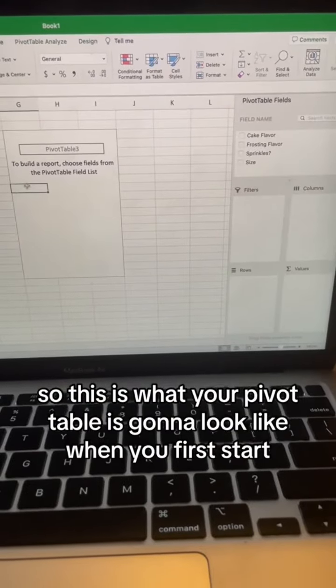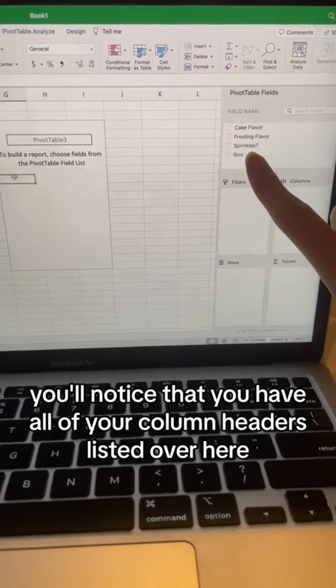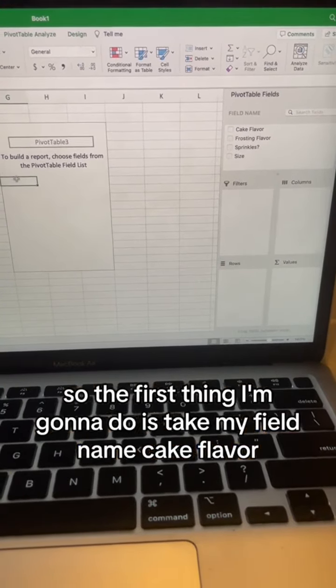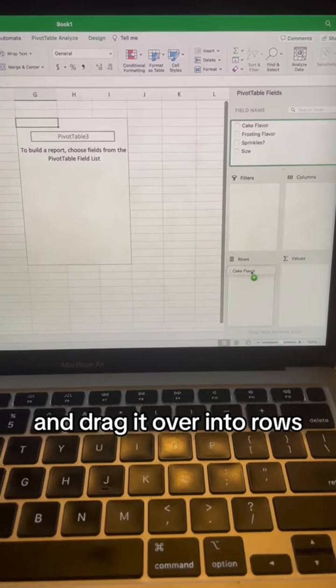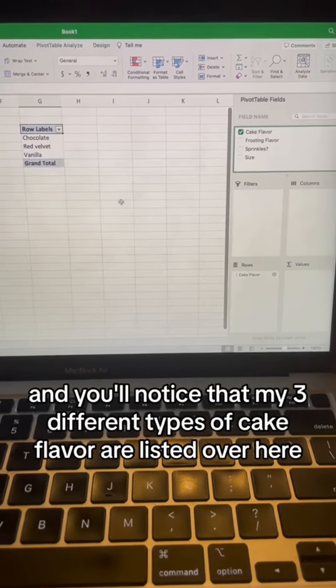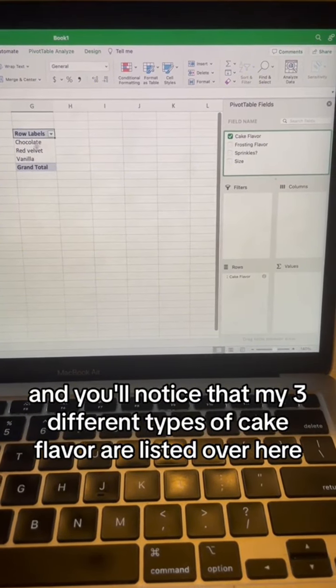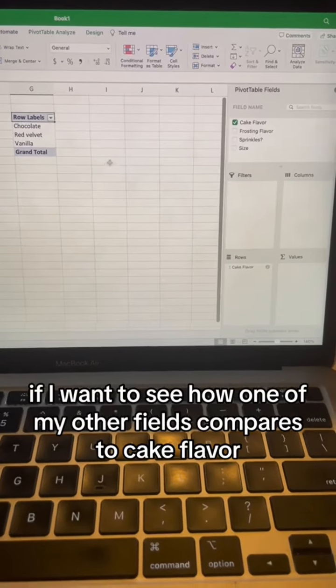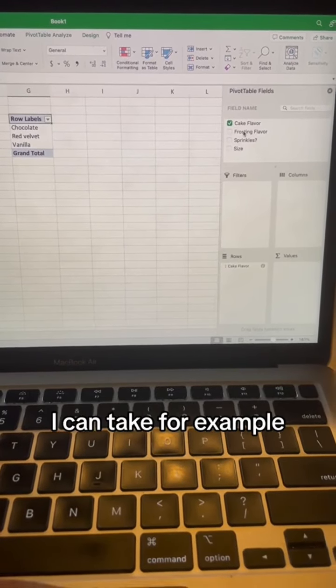So this is what your pivot table is going to look like when you first start. You'll notice that you have all of your column headers listed over here under field name. So the first thing I'm going to do is take my field name cake flavor and drag it over into rows. And you'll notice that my 3 different types of cake flavor are listed over here. If I want to see how one of my other fields compares to cake flavor, I can take, for example,